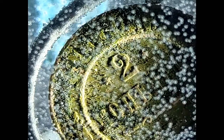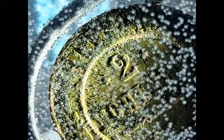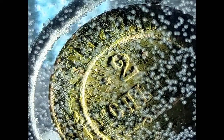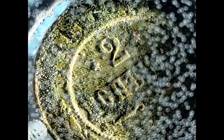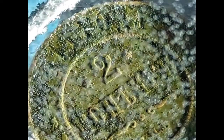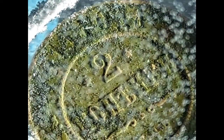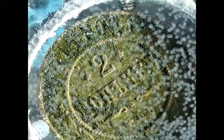cleaned. Cleaning is done with the Megaworker. This is a professional device specially designed for cleaning coins using electrolysis. Electrolysis is a process in which electrical energy is converted into chemical energy. This process takes place on the electrodes under the influence of direct current. The device is interesting primarily because the electrolysis process can be controlled primarily by changing the current flowing through the